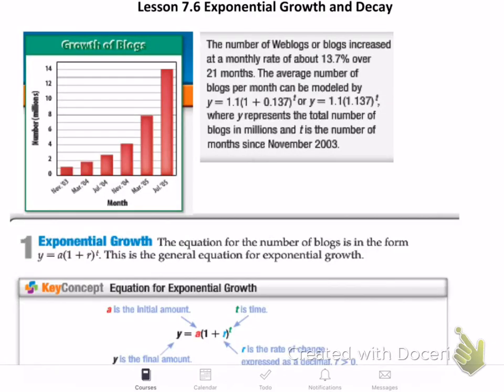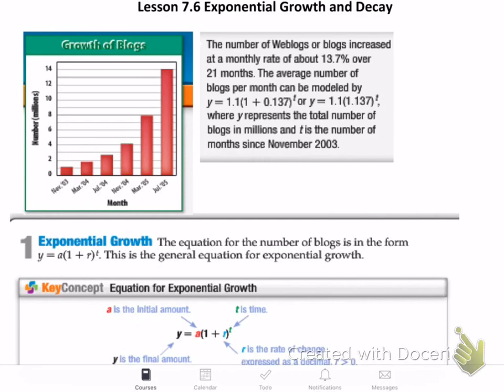This section 6 should be a pretty straightforward section. There's just 3 formulas you kind of have to remember. This beginning part here is just an example of people using blogs and how quickly it